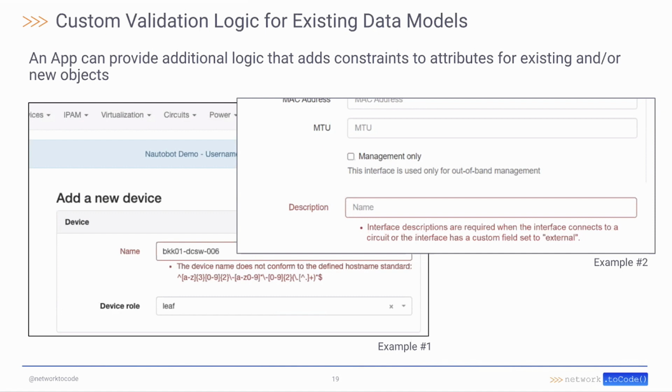And of course, the fact that this is a part of the application framework means it extends beyond just this one use case. There's a multitude of different things. Like I can prevent users from connecting to interfaces if, say, the remote end doesn't already have a prefix assigned to it for that address, to make sure that I've got valid data all throughout the execution of modeling the network.